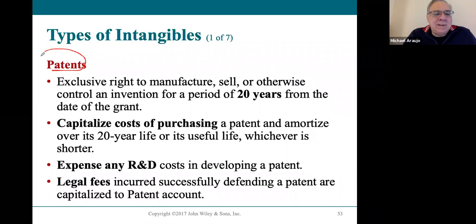Okay. Patents are very important today. It's an exclusive right to manufacture, sell, and control an invention for a period of 20 years. Now, if you invent something, you apply for a patent at the US Government Patents Office. What that does is it's government recognition of ownership. And once you have rightful ownership of an invention, you can sell it to anybody and make a ton of